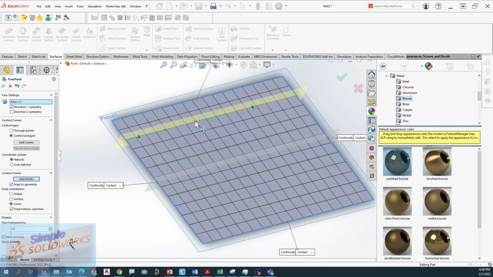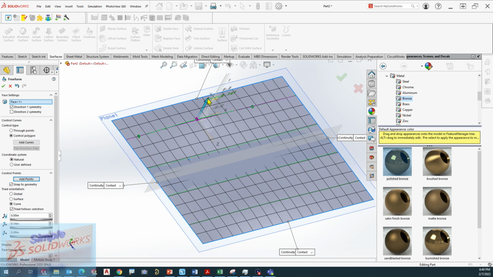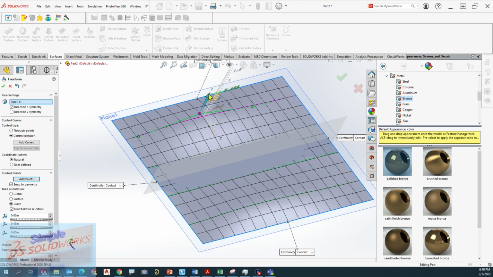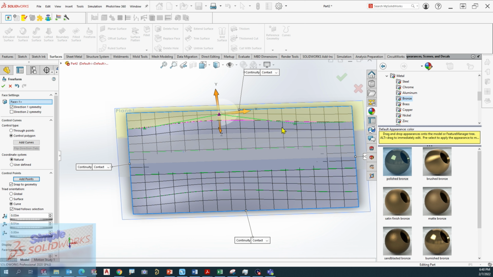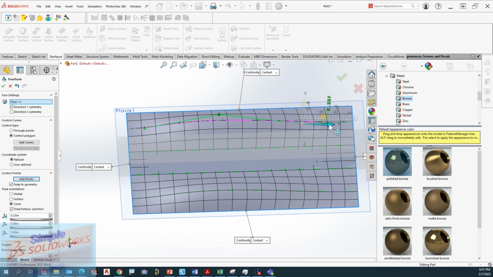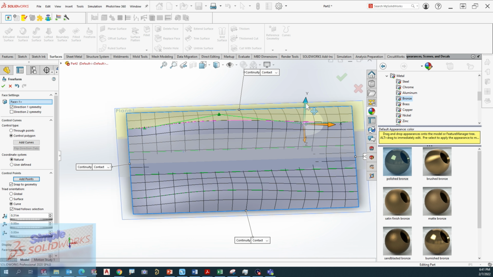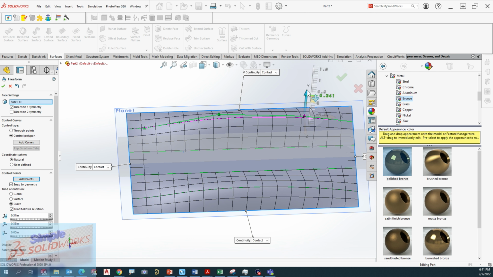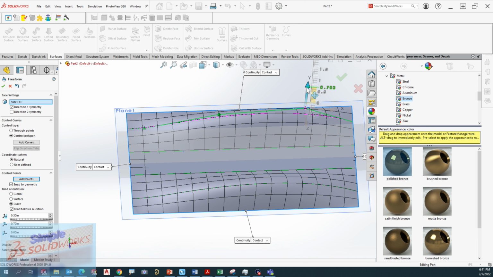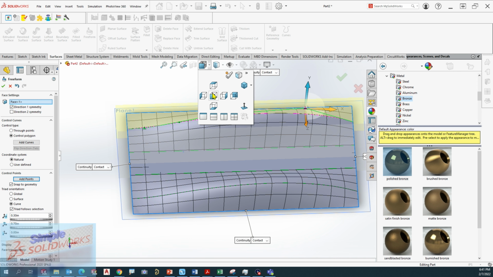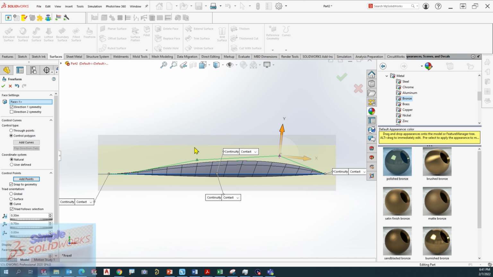So if you click on that green button, you're going to get this pull and push thing here. If you raise this, I want you to take notice how the other side is rising as well, right? And if you pick this guy and you grab it by the X and you pull it, you see how it goes that way as well. And if you pull this up, it goes up. This is very useful if you want to do a very organic style looking object, and you just really want to get it to work,